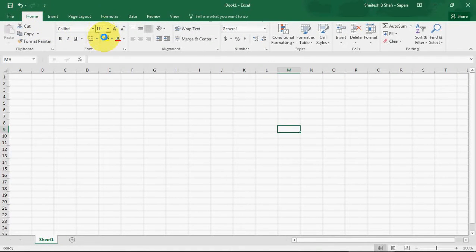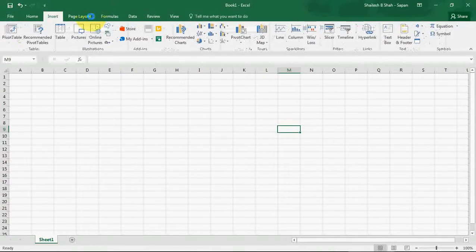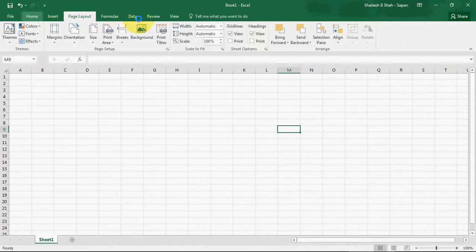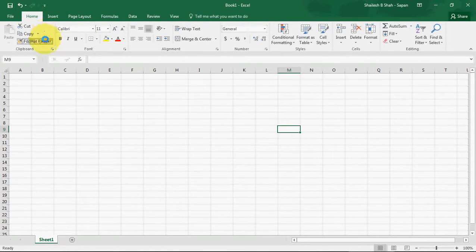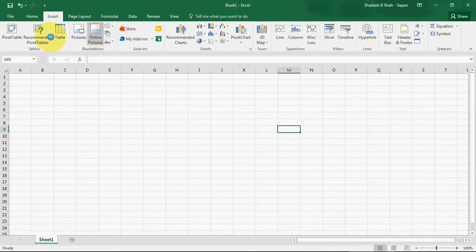Now you can check that there are many commands available on these tabs. There are commands about clipboard, fonts, alignment, styles, etc. And then there are commands about inserting tables, pivot tables, pictures, shapes, charts, etc. on the Insert tab.